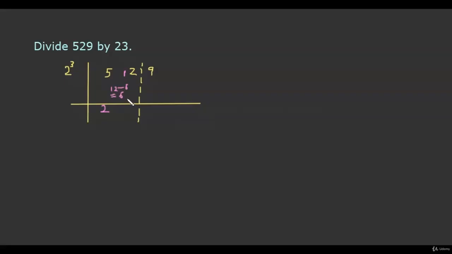Whenever we get a net dividend, 2 divides the net dividend. Now when 2 divides 6, the quotient is 3 and the remainder is 0. So we place the quotient over here and the remainder before the next dividend number. Now the next dividend number is 9. From the 9 we want the net dividend number. For that we subtract the product of the flag digit and the previous quotient number. The flag digit is 3 and the previous quotient is 3, so the product is 9. We subtract 9 and get 0. Once we get 0 over here and there is no digit left, this is the remainder. So the quotient is 23 and the remainder is 0.